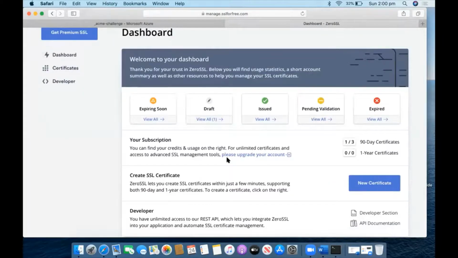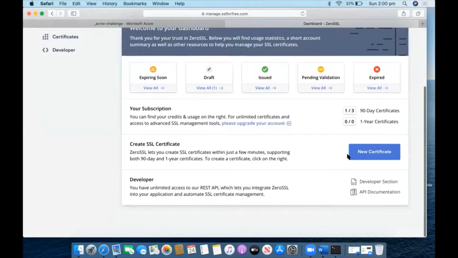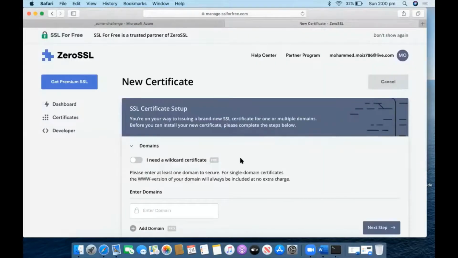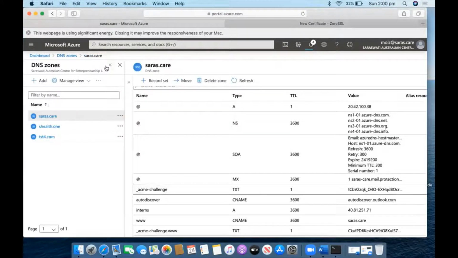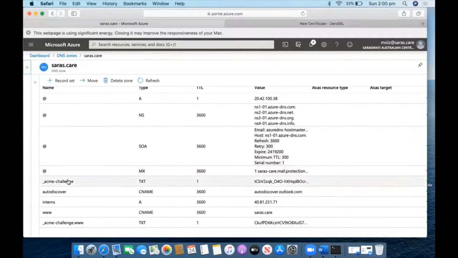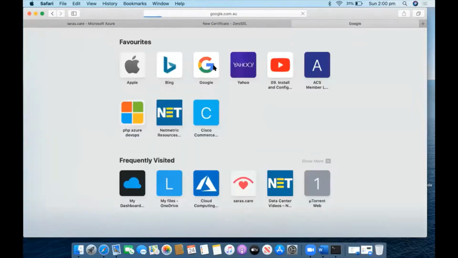Alright, my bad luck, they have changed that one. So what I will do is create a new one, because whenever I provided the create a new SSL, they have given me these details here. So they asked me to create these records on my DNS server. So I created here. I have created this one for certificate, this one, as well as this one. These two records which they will provide, the certificate authority will provide you with these two records. So you have to create these two records on your Azure DNS as well as on your domain provider.